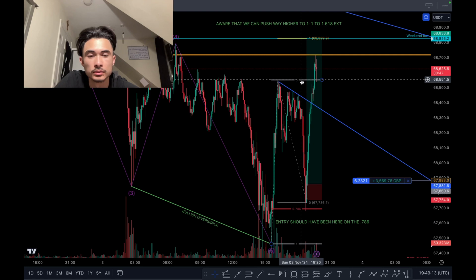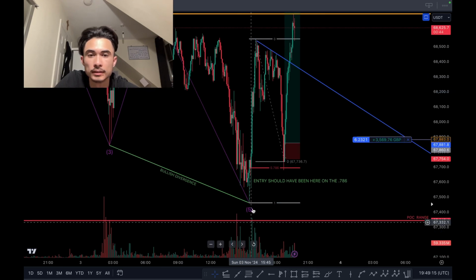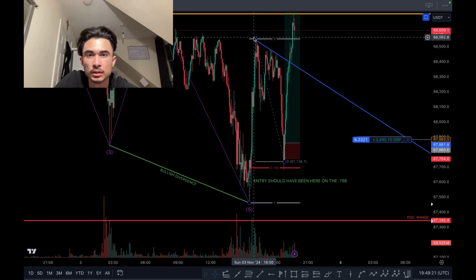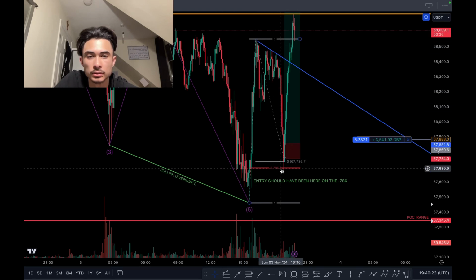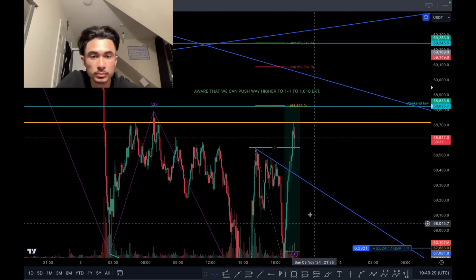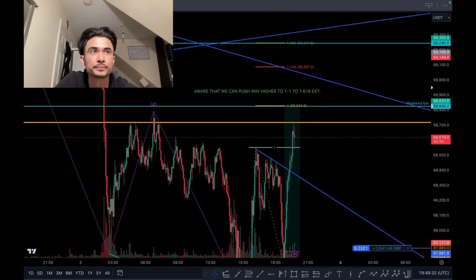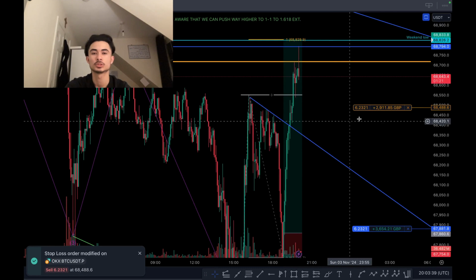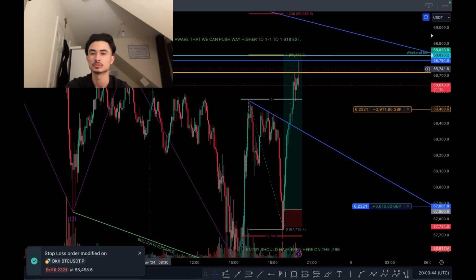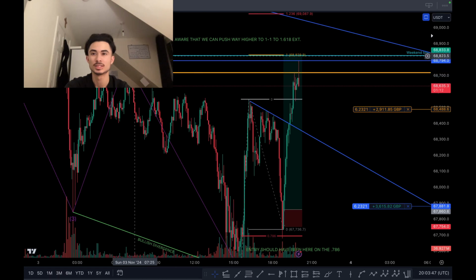But now we are in that 786 Sunday evening. First impulse to the upside, claiming that high, getting that retracement to the 786. Now currently moving up. Let's see if price can start pushing up and hold this level. But yeah, what I think the best option is right now, we are getting a somewhat sharp recovery. I mean, rejection. I guess we did claim that high, but it's very weird to just tap it and reverse.